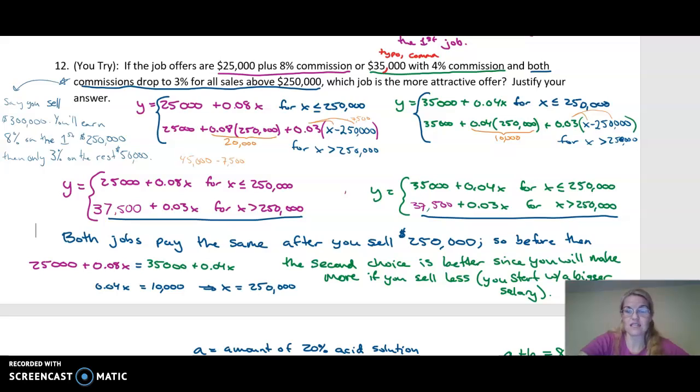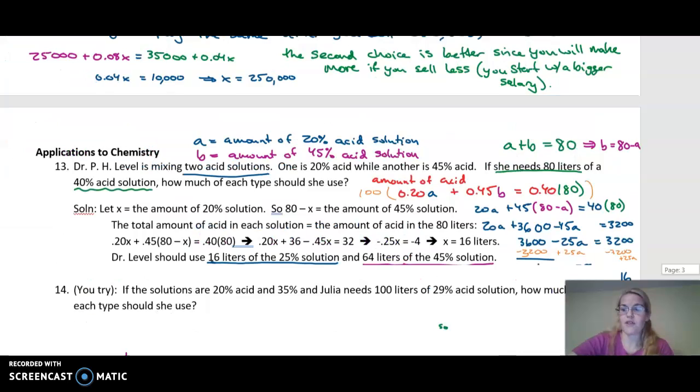If you were to graph both of these, right, green line would be above purple line, right? And then because purple line has a steeper slope, they're going to meet right at the $250,000 mark, right? That's the break-even point for these two jobs, which is why at the $250,000, that's when they're going to drop your sales. All right, so that's number 12. 13,